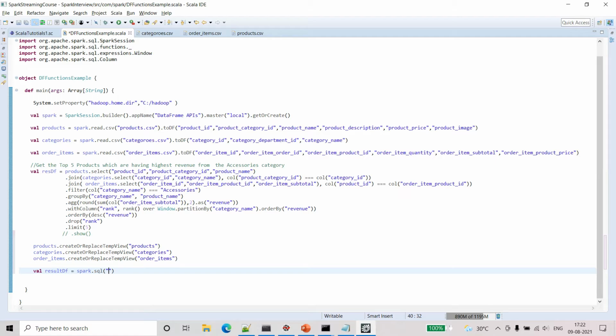I'm planning to write it in an inner query. So for that reason, first I'm just selecting whatever is required, and then I'm projecting revenue or something like that, product revenue.